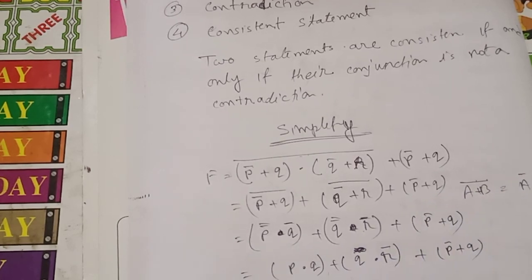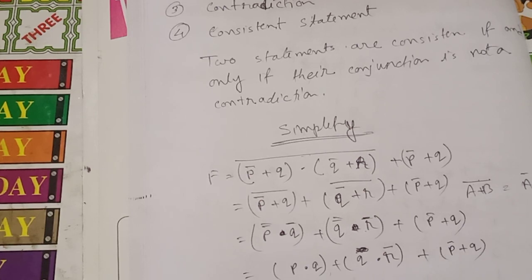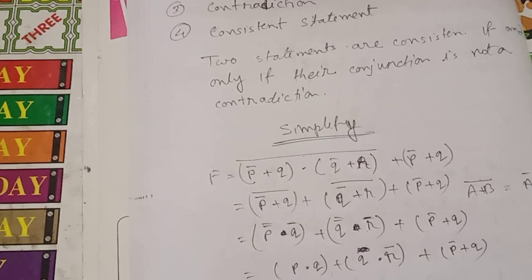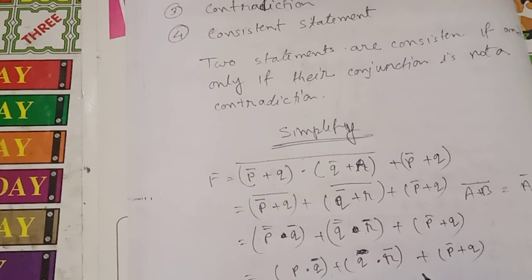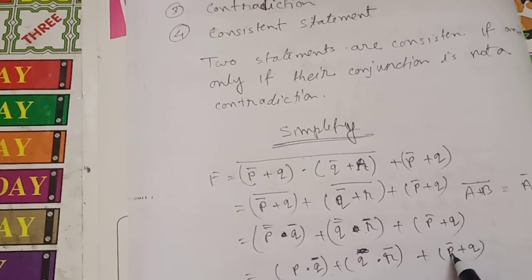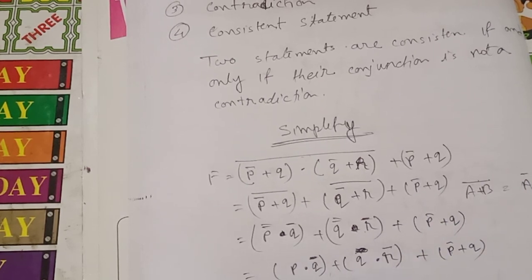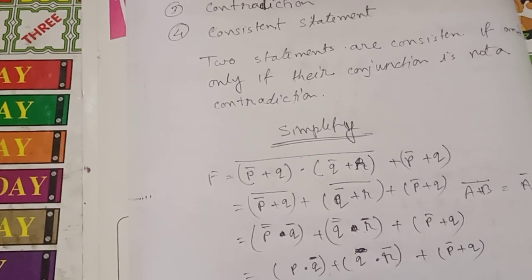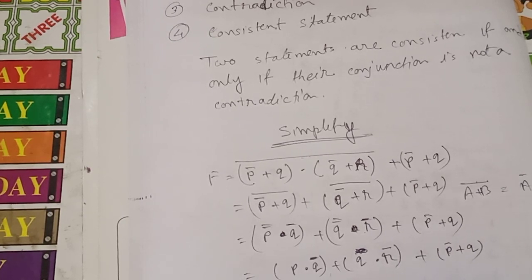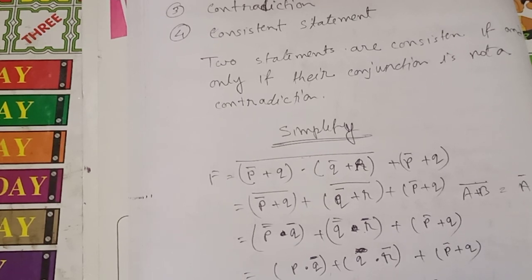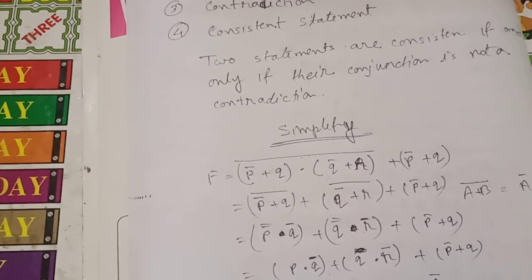This is the expression. Now from this expression, if I write it, p bar plus p dot q bar plus q dot r bar,